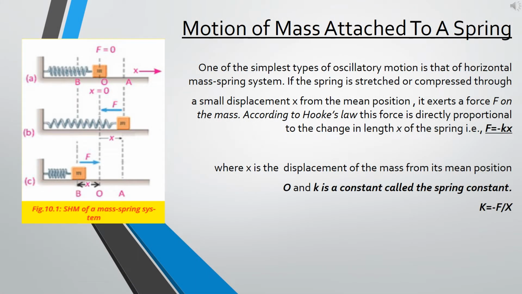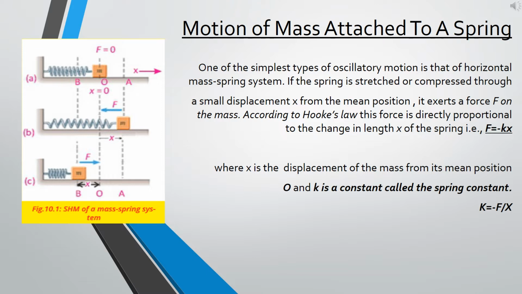Okay, students. The next topic is motion of mass attached to a spring, to elaborate its motion as simple harmonic motion. So we will see that one of the simplest types of oscillatory motion is that of a horizontal mass spring system. If the spring is stretched or compressed through a small displacement x from its mean position, as you can see